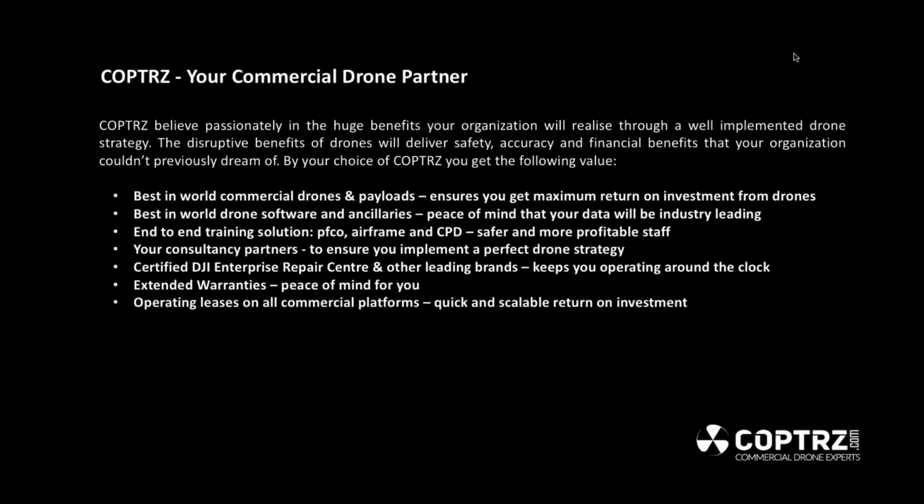Just a little bit about Coptrz. We're passionate about the commercial drone sector. We're passionate about working with large corporates to advance their drone strategy, but also to advance drone detection, because it comes hand in hand with the safe use of drones in the sector, and I think those in balance are going to help this industry grow. So we're very proud that we provide what we consider the best in world commercial drones